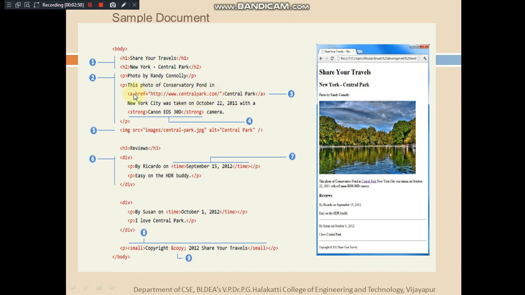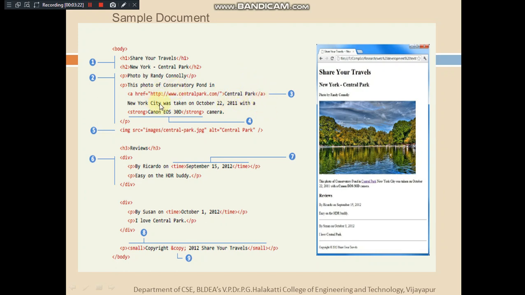For the anchor tag, specifying the href attribute is mandatory because it is mainly meant for linking the current page with some external page or external website, or within the website at some other part. In order to specify where to go after clicking, href needs to be used mandatorily. Then we should specify a linking element or linking object, that may be an image or simple text like this Central Park, and then we close the anchor tag.